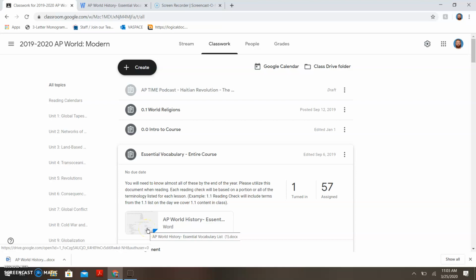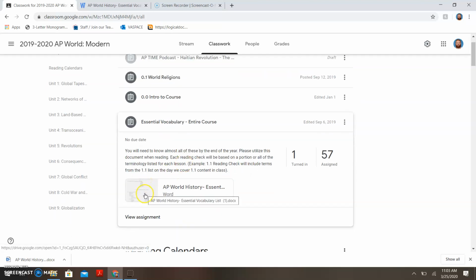In the next few weeks, we may learn some information sooner about when and if we get back to school and exactly what this AP exam will look like, how many questions, if it's entirely multiple choice. It's definitely going to be modified, and we know that the College Board is saying that it's going to be in units 1 through 6. But if you look at this essential vocab for the entire course,